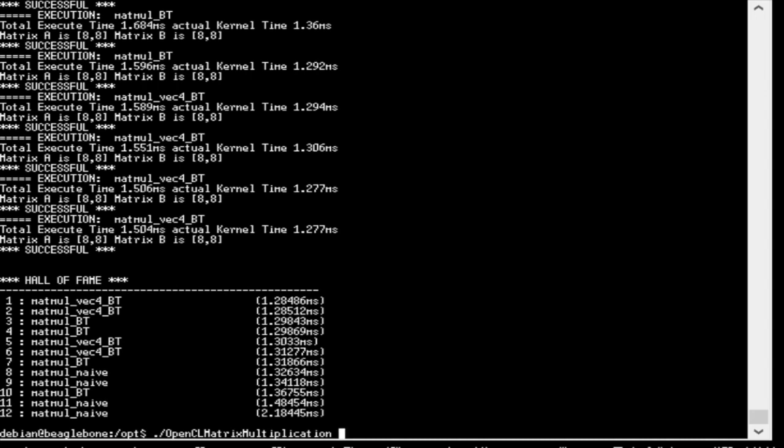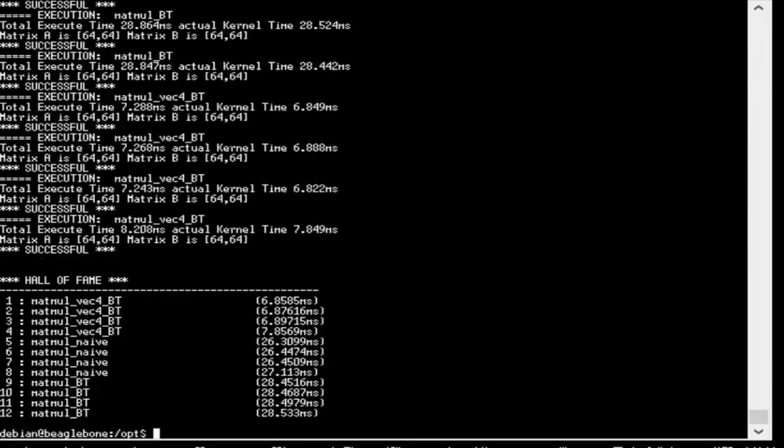We can increase the size of the matrices being multiplied using the command line options -p, -n, and -m. In this case, we're going to increase each of these to 64 and then see what difference it makes to the behavior. With these matrix sizes, the Neon implementation is 1.04 milliseconds, and when we look at the OpenCL ones,